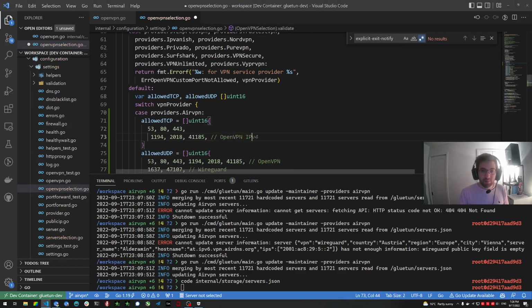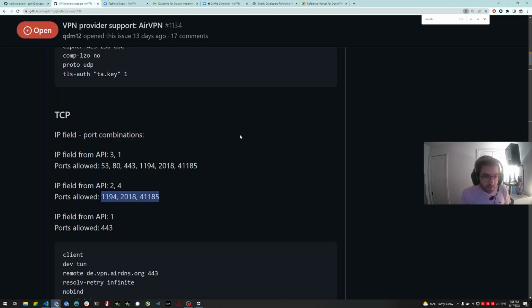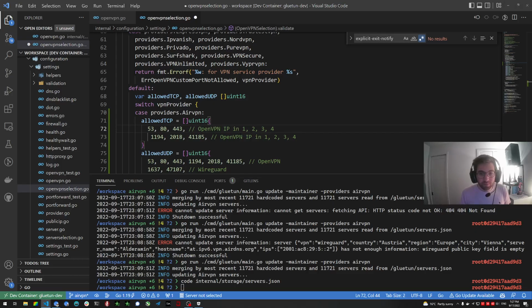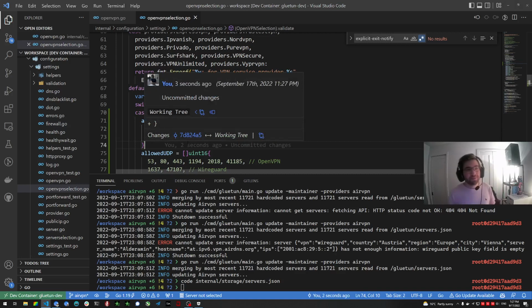OpenVPN IP. So input 1, 2, 3, 4. IP in 1, 2, 3, 4. Okay, and the other one is OpenVPN 1, 3. All right. Yeah, because like if we need,